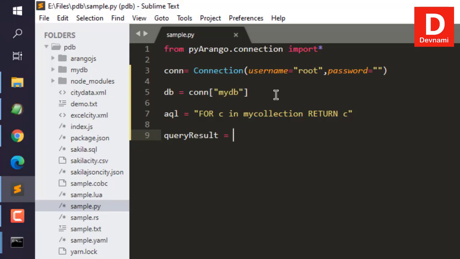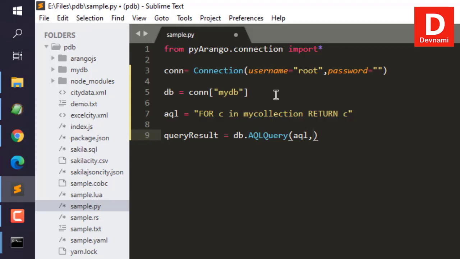Okay, so that being said, let me type in db.AQLQuery. So AQLQuery, here pay attention to the mixed case AQLQuery. Okay, now in this particular method we have to pass our existing query variable,